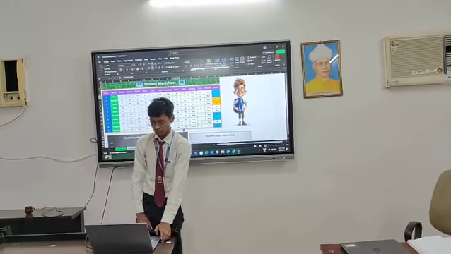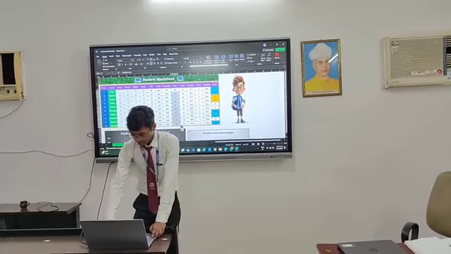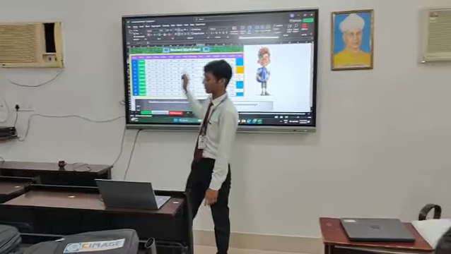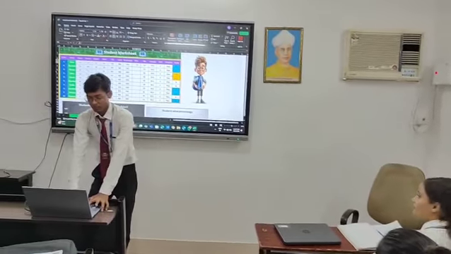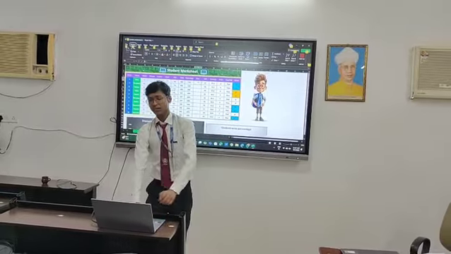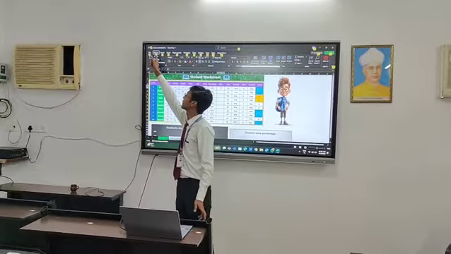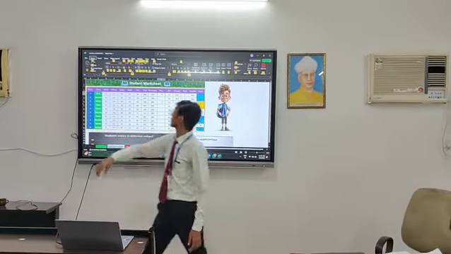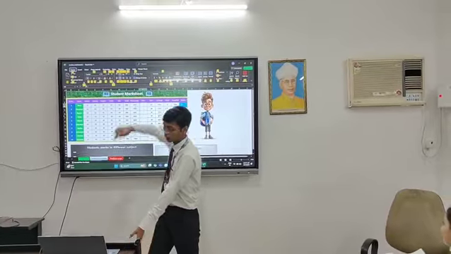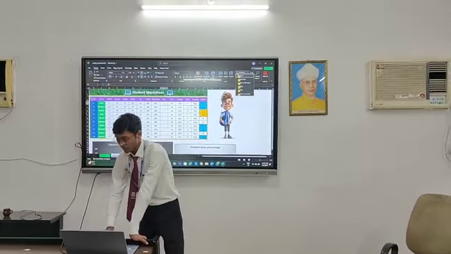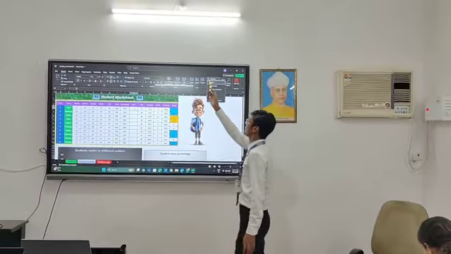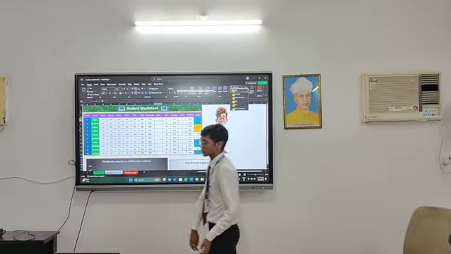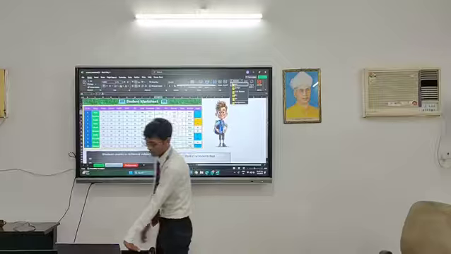Now let's see the same thing using a shortcut key. All we have to do is to first of all place our cursor in this cell. Then we will press Alt. Then to enter the home tab we will press H. Then H. Then auto sum. For auto sum we have to press U. And see, inside this auto sum we have multiple options for performing operations like sum, average, count numbers, max, min. So I want maximum, so I will press M.